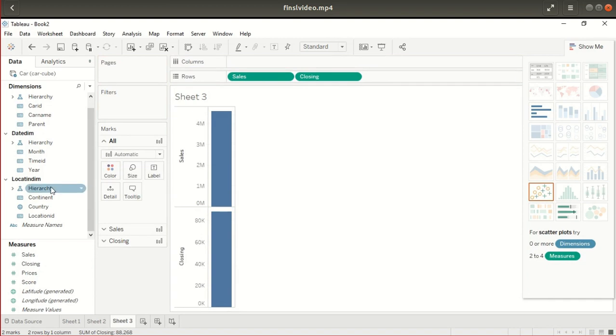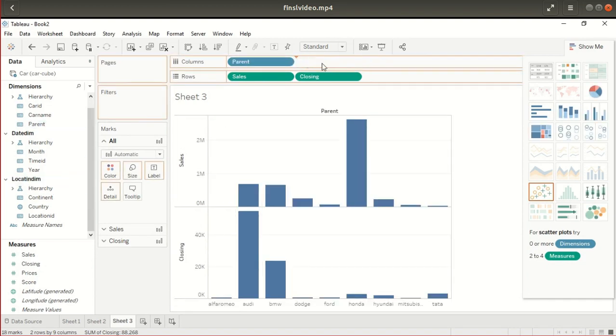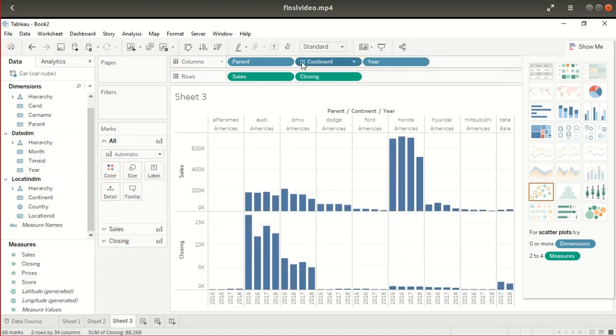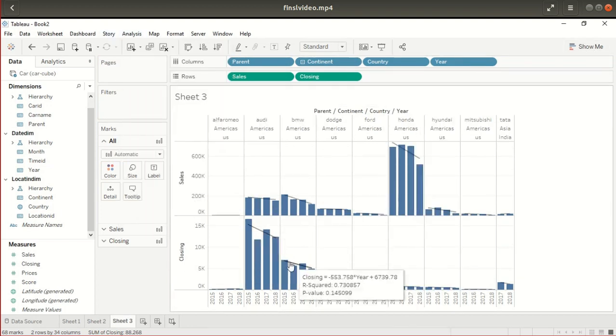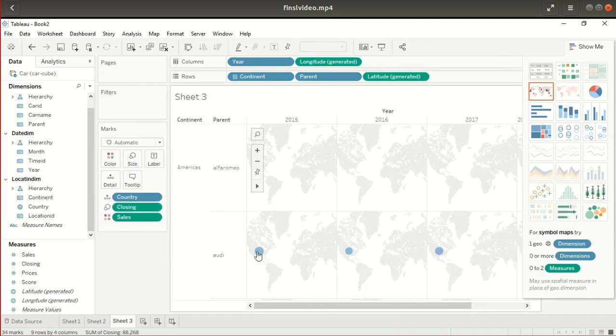This is the third BI query, stock prices versus the sales of the cars, and this is the parent company and which year. We can see the closing price goes down, the sales also goes down, and this is just